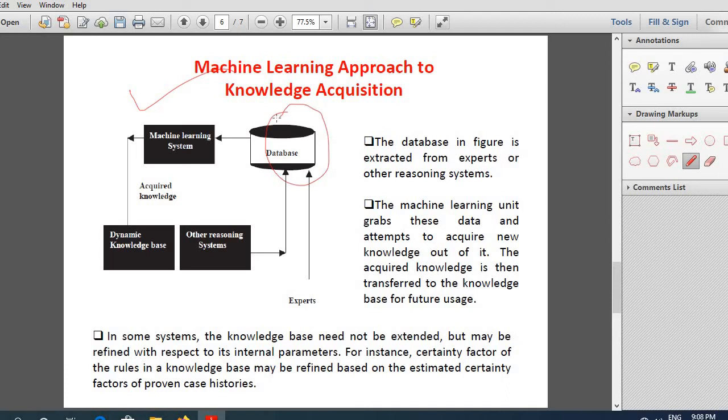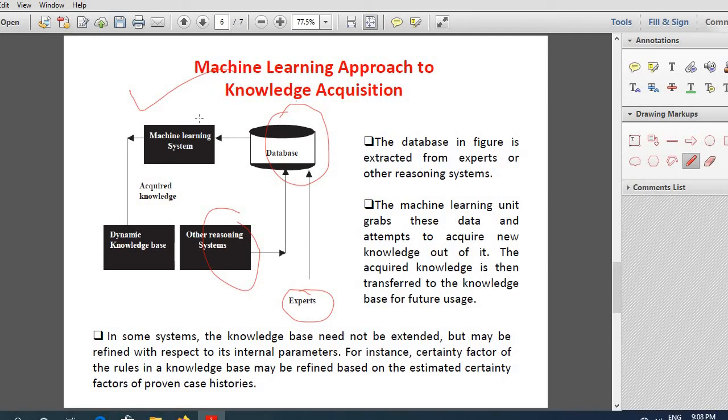The database is actually made from expert opinion and also from some reasoning systems, some other system. In that way, a database is made.